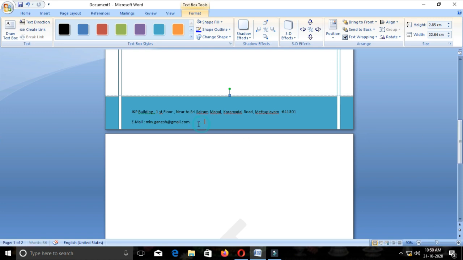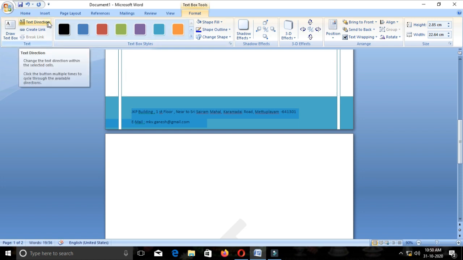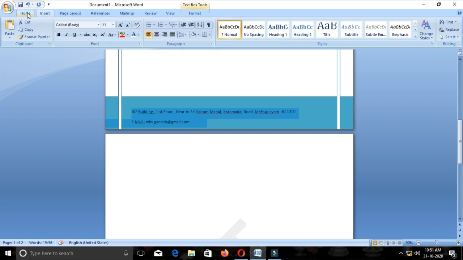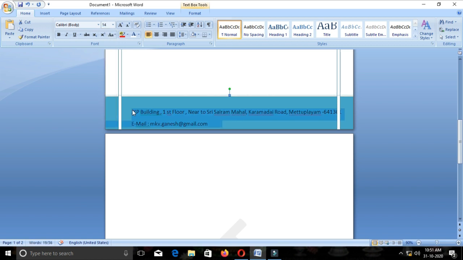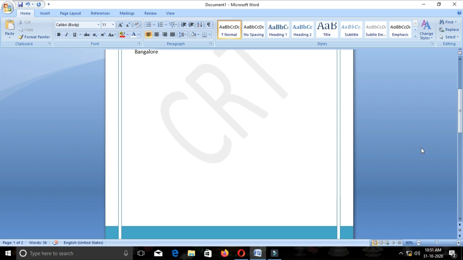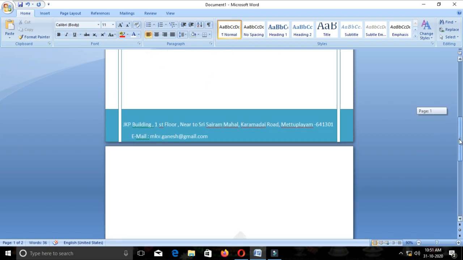Now the footer is also completed. I change the color of these footer fonts. Yes.